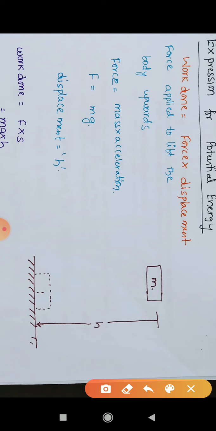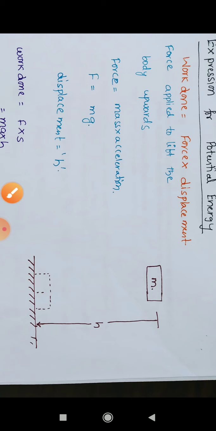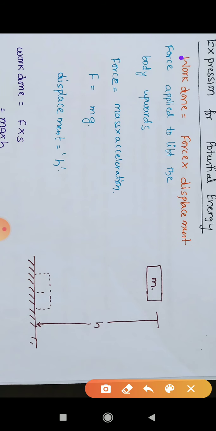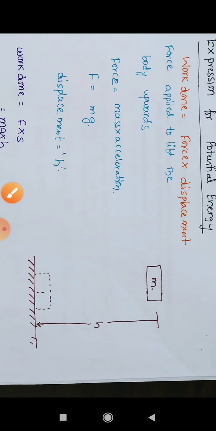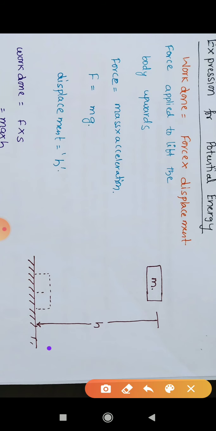We know that energy cannot be measured directly. Energy is always measured in terms of work done. And we see in this example, what is the work done by us? We calculate the amount of work done by us, then that becomes the energy, potential energy stored in the object. So the formula for work done is given as force into displacement, right? Here displacement of the object is very clear. It is displaced to a height h.